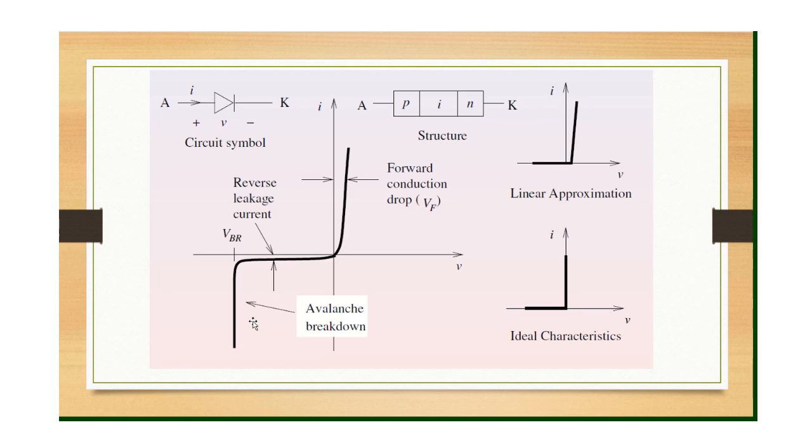So the characteristics of the diode we are already familiar with. This is a symbol and this is the structure, PIN, and the I you might be remembering. It is because of this intrinsic layer, which is extra compared to P and N type, right? And the VI characteristics is similar to the signal diode or the normal diode, which you are familiar with. In the forward bias condition, you have this quadrant where you will have the response, and in the reverse bias condition, this is the quadrant where you will have the response of voltage and current, right?